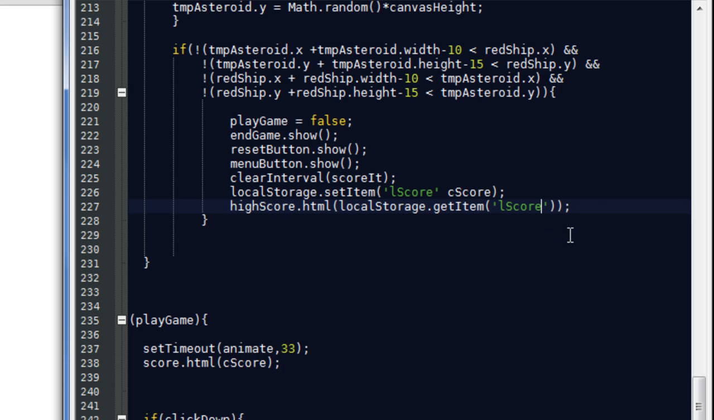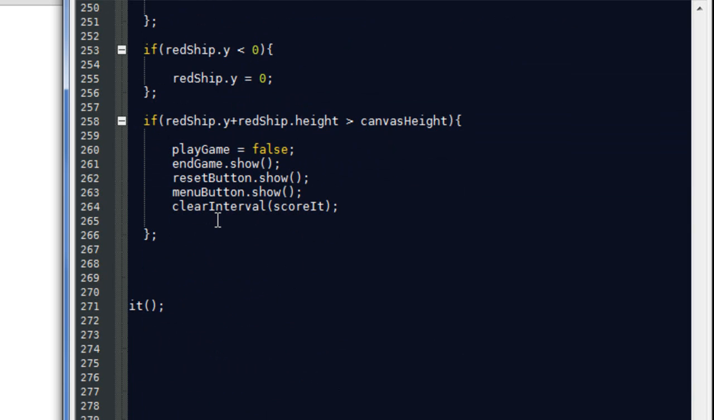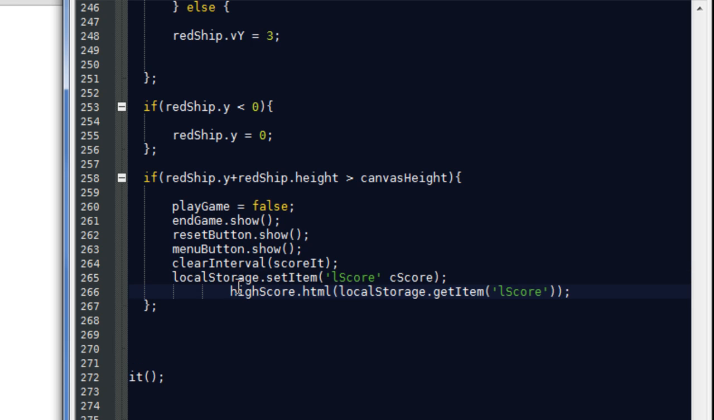So what I want to do is copy this and also put it here. This is where the ship goes off the canvas, so if it falls below the canvas it's game over, and we also want the score to save there. So if I save it there as well,